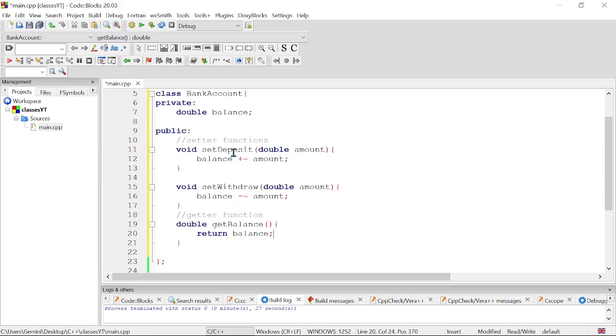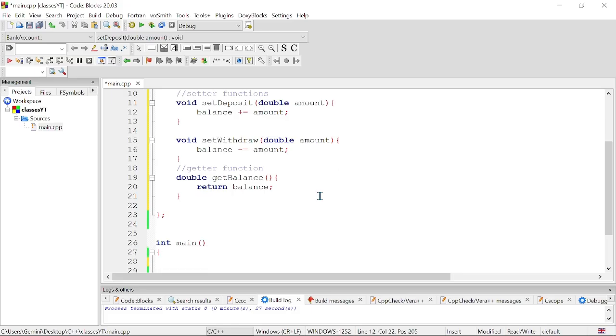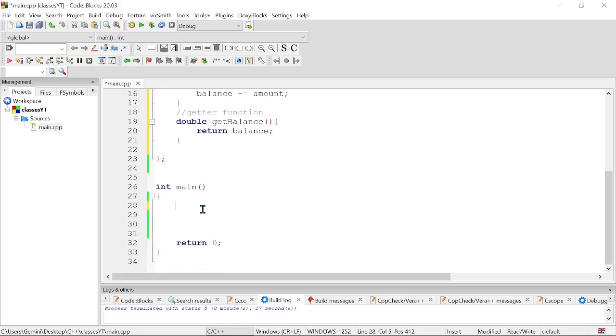Right, so what have we done? We've created a balance attribute, and we have a function that helps us deposit some sort of money into the balance, and we also have a function that will help us withdraw some amount of money from our balance, and we also have a function that will help us get our balance displayed, right? Yeah, so let's go ahead, and so back inside our main function we are going to create an